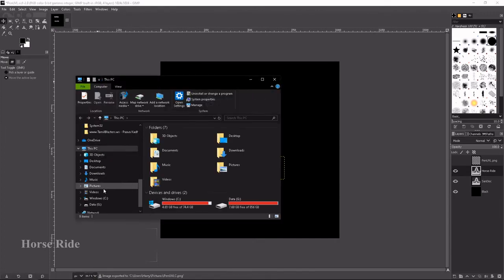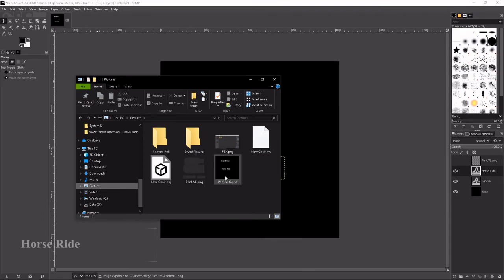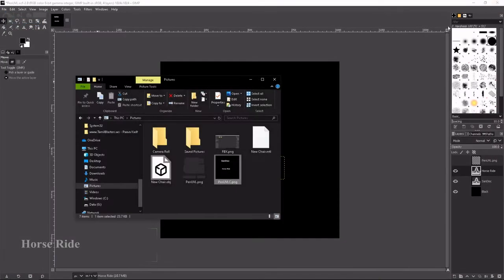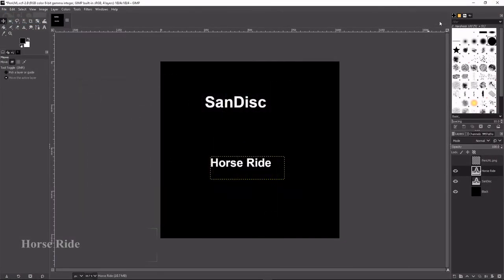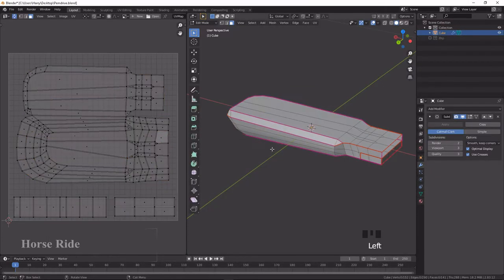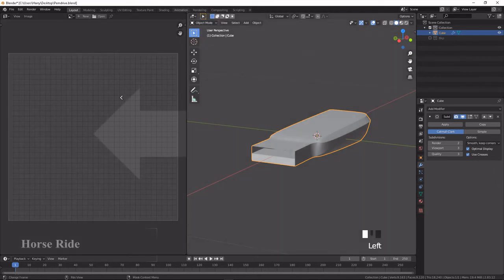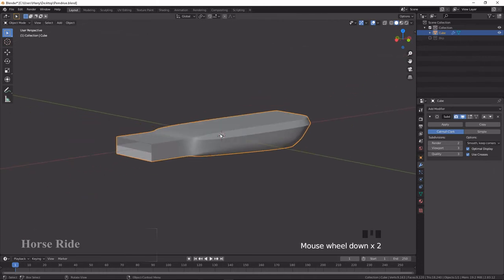So I go to the file location of pictures, and I'm going to show you the image of the textures. Wait a second, it's opening. Yeah, what we have created is showing here. So now we are going to import this texture to our object. Now our textures are ready, and we are going to apply a material for the same. So now we don't require this UV layout. Select and drag like this to close the window.